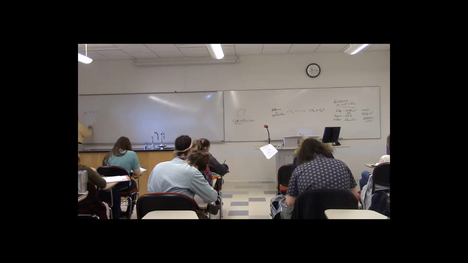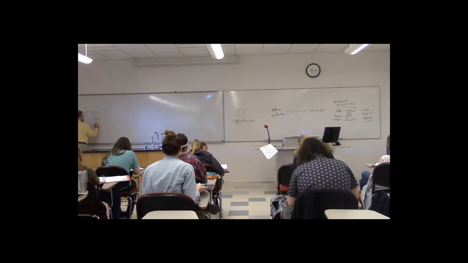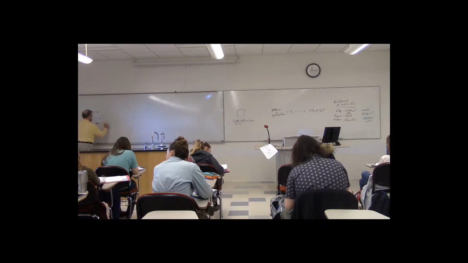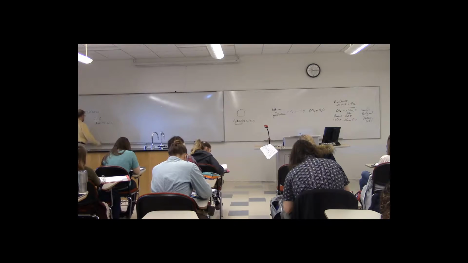Next, I talked about the alkenes and alkynes. I'll do the alkenes first, and that's a double bond. How do you tell a double bond? 2 lines between 2 carbons. How do you name this? Find the longest chain or ring that has both carbons of the double bond, name it as an alkane or cycloalkane, drop the ANE ending, and replace it with ENE. And then for acyclic, meaning a straight chain,